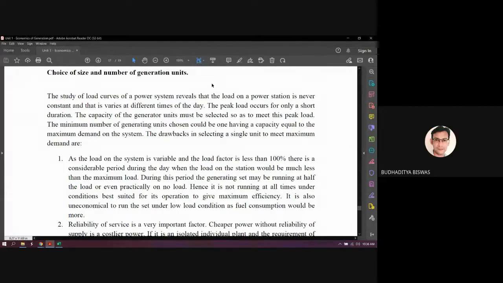Okay, so you know that so many demands are there. One is called the connected load, but connected load is a virtual type of thing. The consumer never connects all the loads simultaneously in their premises or in their home. So that means connected load is a fake term. One term is there which is called the maximum demand.